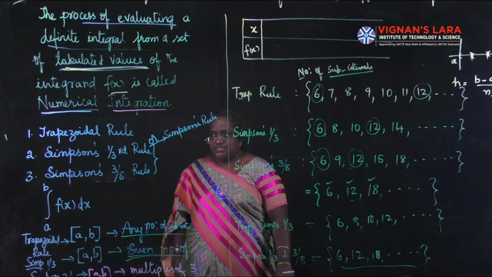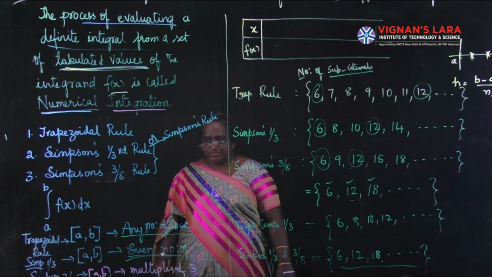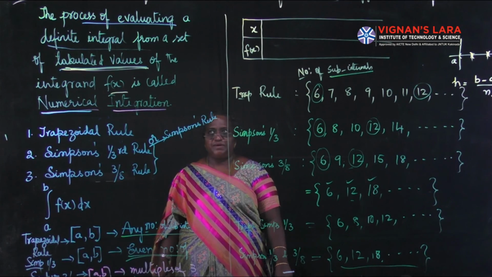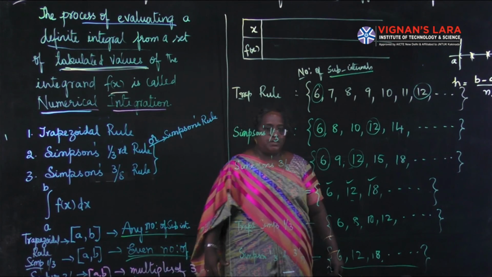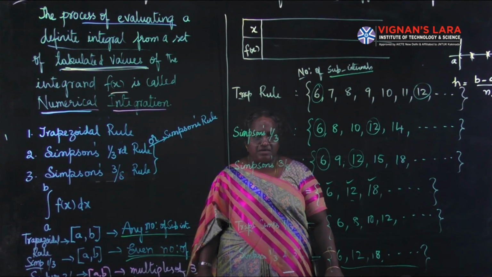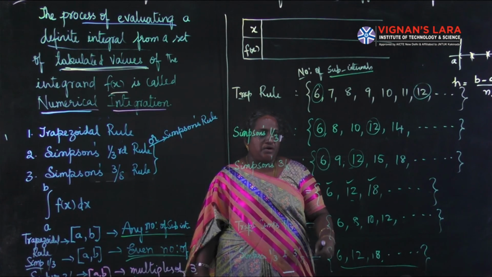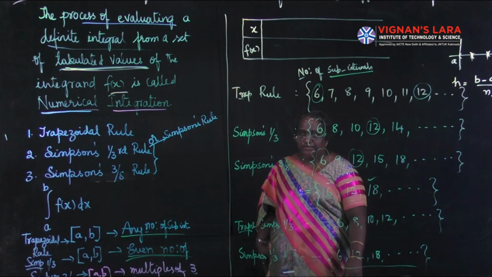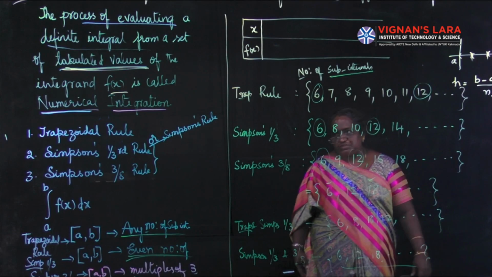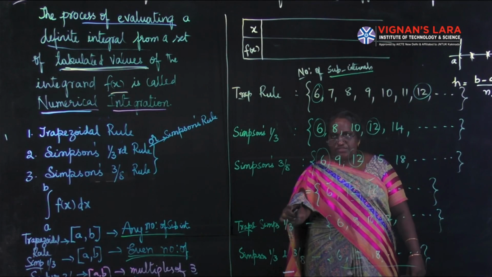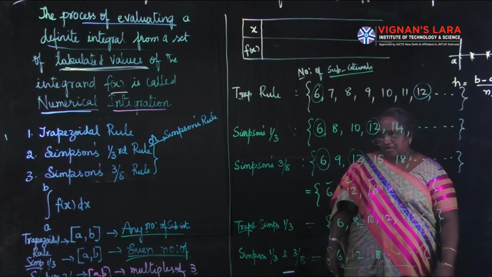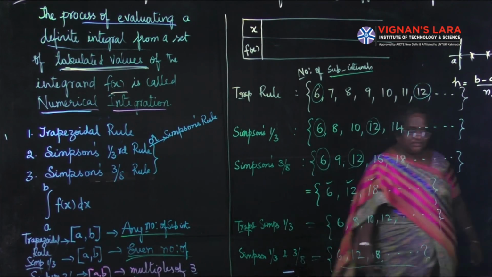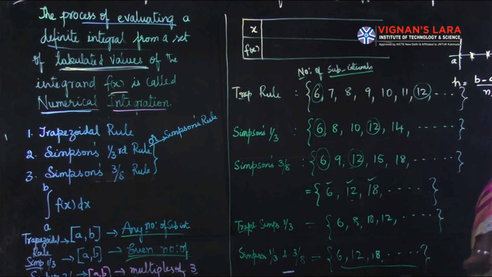Now we shall see the formulae for the trapezoidal rule, Simpson's 1/3 rule and Simpson's 3/8 rule. So you have to remember the number of subintervals to take for the different rules, or a combination of any two, or a combination of all 3. Just see the intersection of the intervals.